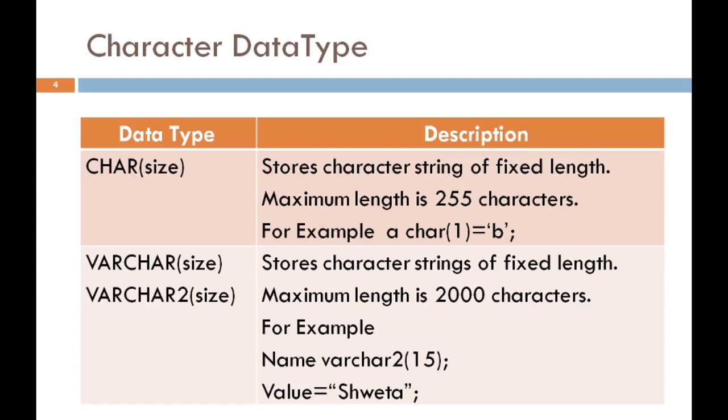While in a varchar, suppose we use the same example, then varchar puts the null character in the remaining space and occupies the memory. That's why in a varchar memory may be wasted, but in a varchar2 memory waste does not happen. So SQL developers prefer to use varchar2 because in it memory waste does not happen.